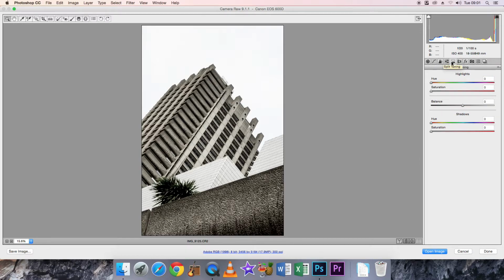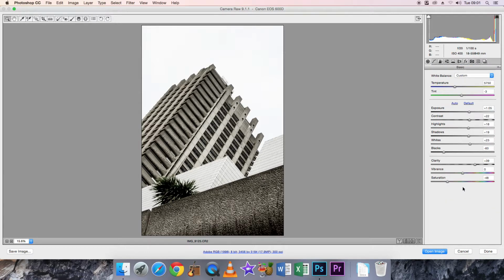These are more advanced editing tools like split toning and lens corrections, but just for now, I think maybe just practicing with the basic editing, maybe the toning and some sharpening as well. And also you can